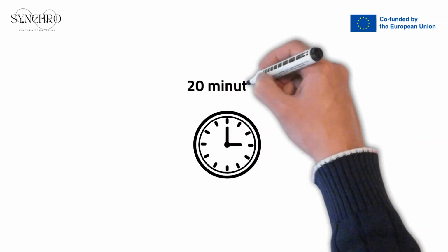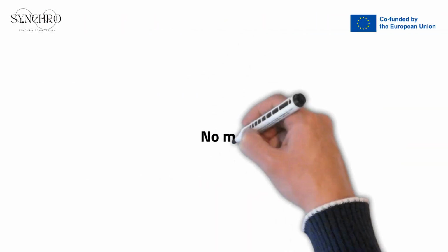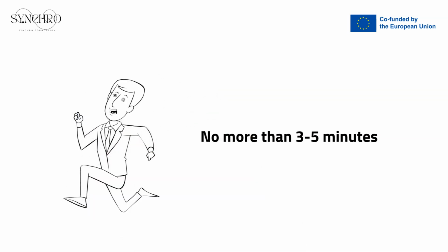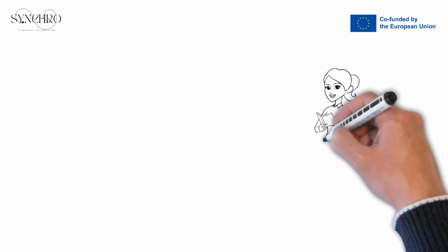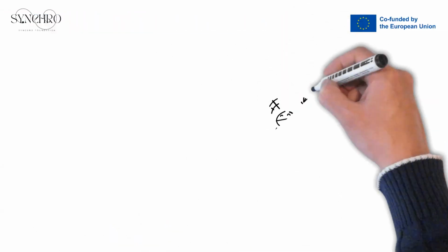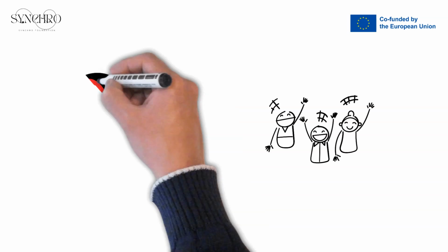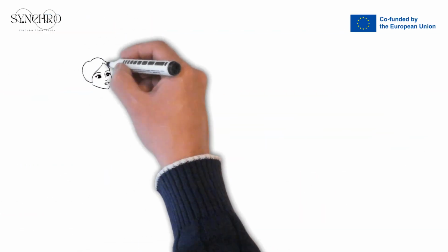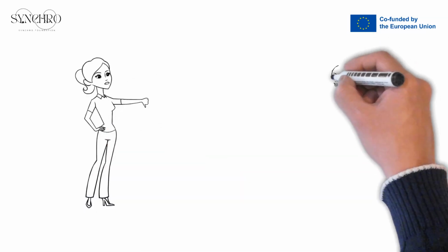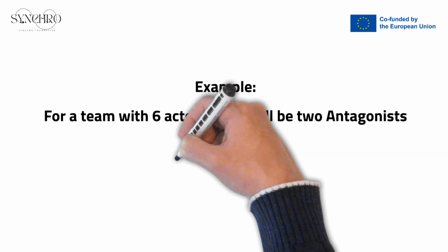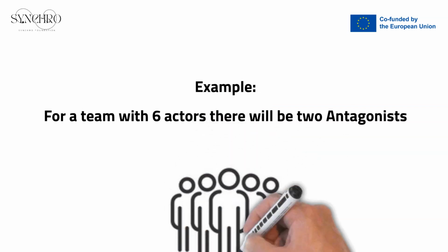Everyone has 20 minutes to create a scenario, which should be no more than 3-5 minutes, on a conflict situation, as well as to rehearse it before presenting it to the audience. For every 3 people in a group, the 4th person has to play the role of the antagonist, the one who creates an opposition, tension towards the other actors. If there are 6 people in the group, there will be 2 antagonists,